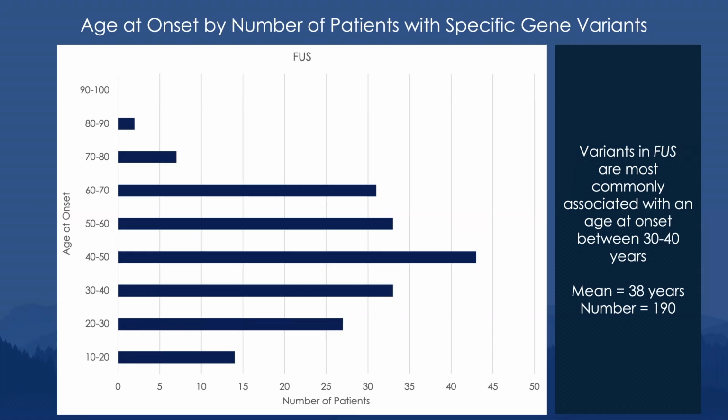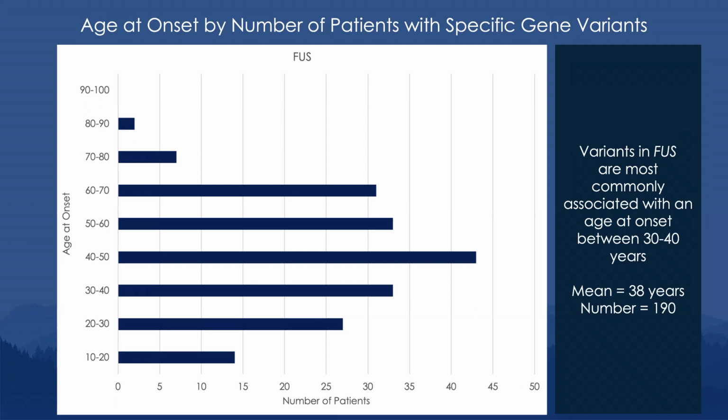There's an opposite trend toward an earlier presentation of disease for patients who have mutations in the FUS gene, as you can see here, a mean of 38 years across those 190 patients in our data set with FUS mutations. And so calling your attention back to that table 1 with the suggestion of genomic associations, particularly for FUS P525L from that single case series of 11 patients.